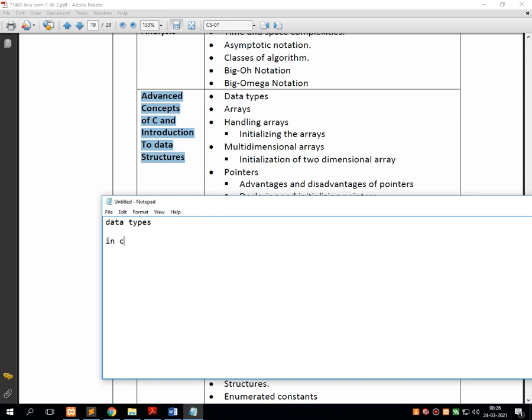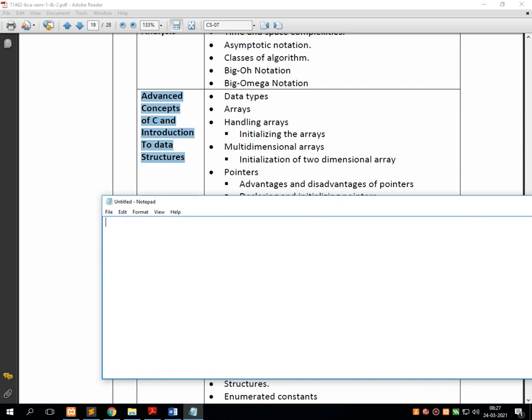In C, 2 types of data types are given. Number 1 is basic data type, and the second one is user defined data types.